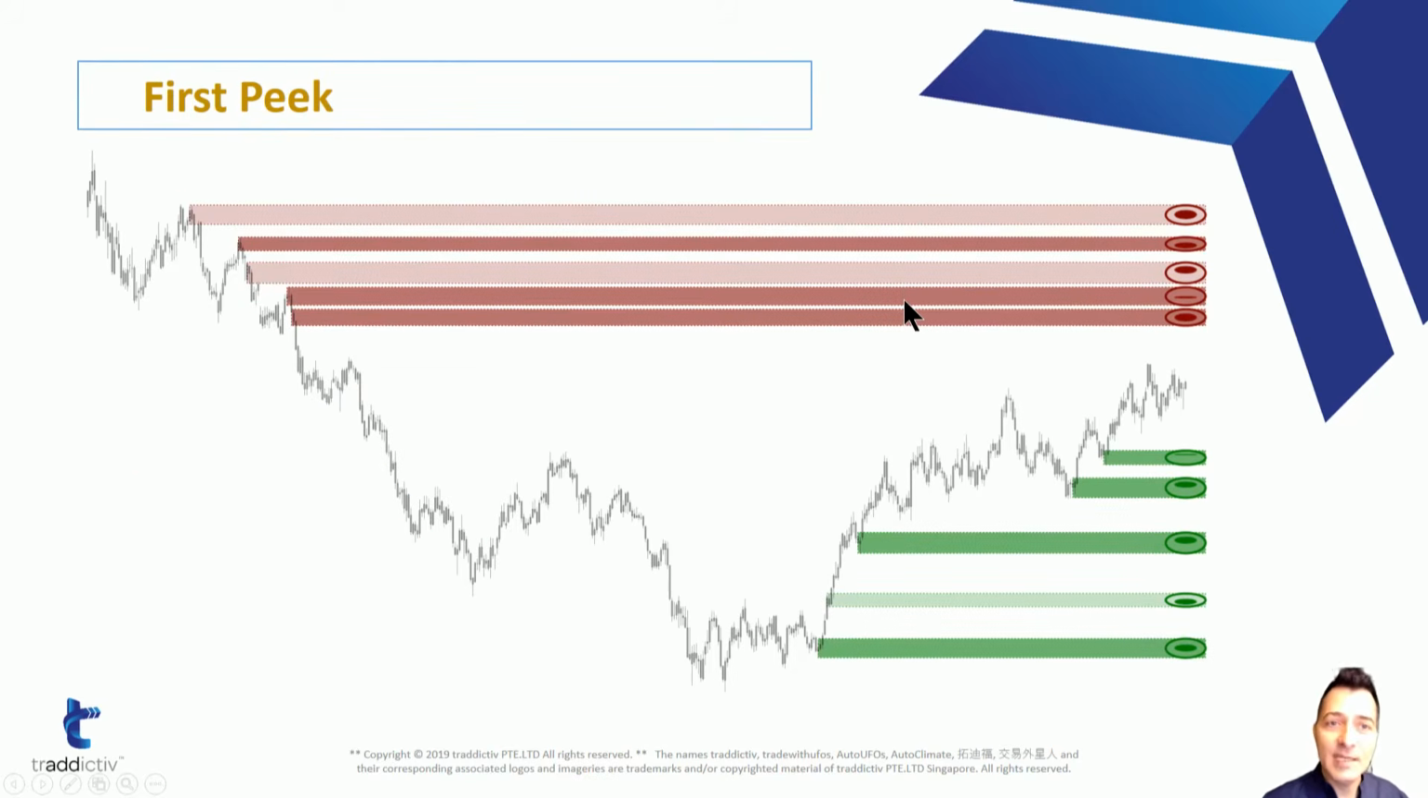So anyway, let's begin with Auto UFOs. First peek, let's take a look. What does it look like? Well, here is a screenshot of Auto UFOs. Later, I will show you Auto UFOs live on TradeStation as well. But the first thing that you can see is that,